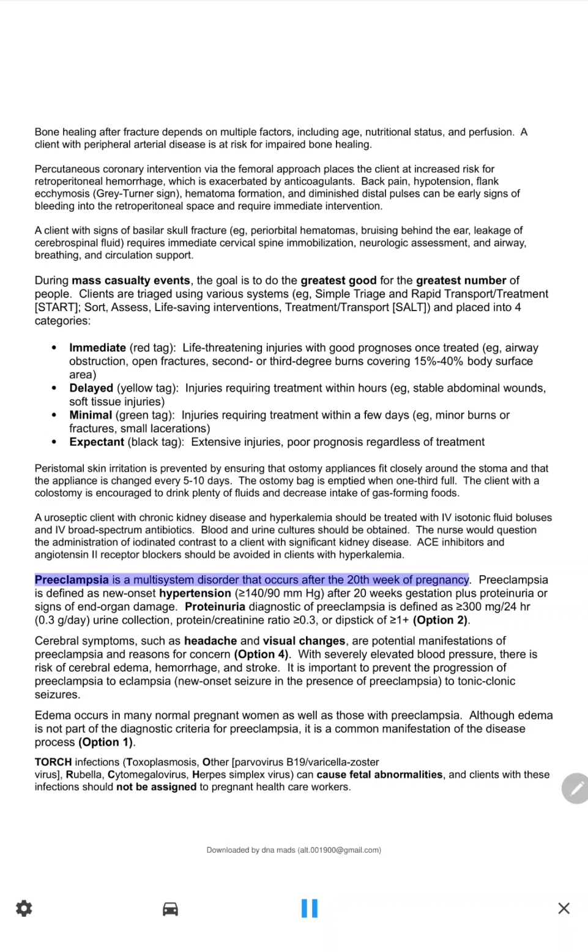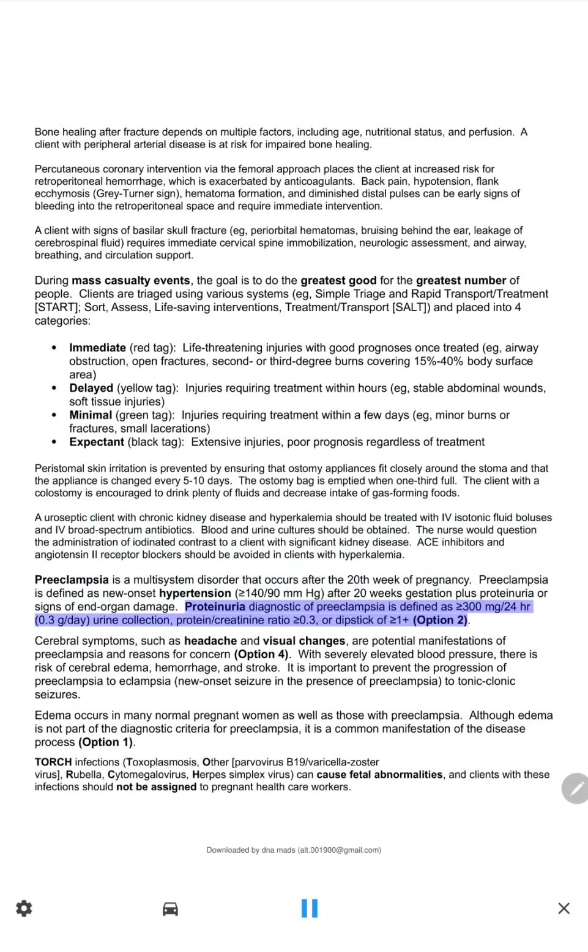Preeclampsia is a multisystem disorder that occurs after the 20th week of pregnancy. Preeclampsia is defined as new onset hypertension, greater than or equal to 140/90 mm Hg, after 20 weeks gestation plus proteinuria or signs of end organ damage. Proteinuria diagnostic of preeclampsia is defined as greater than or equal to 300 mg per 24 hours, 0.3 grams per